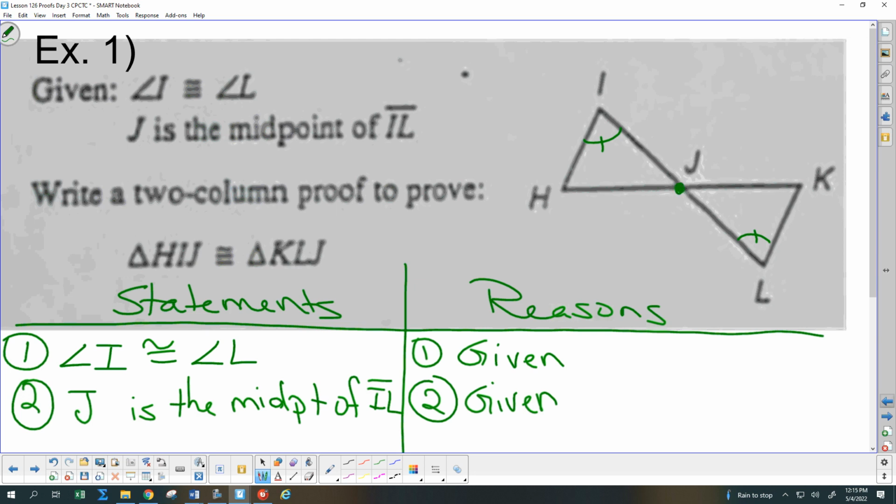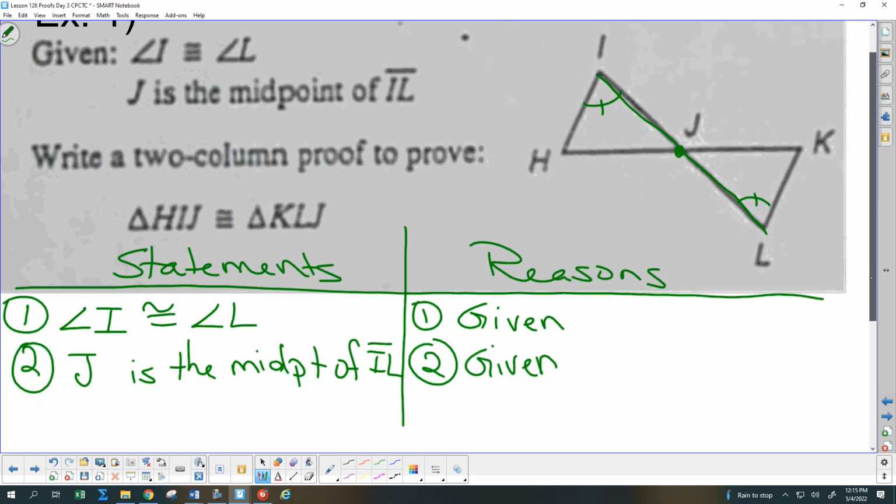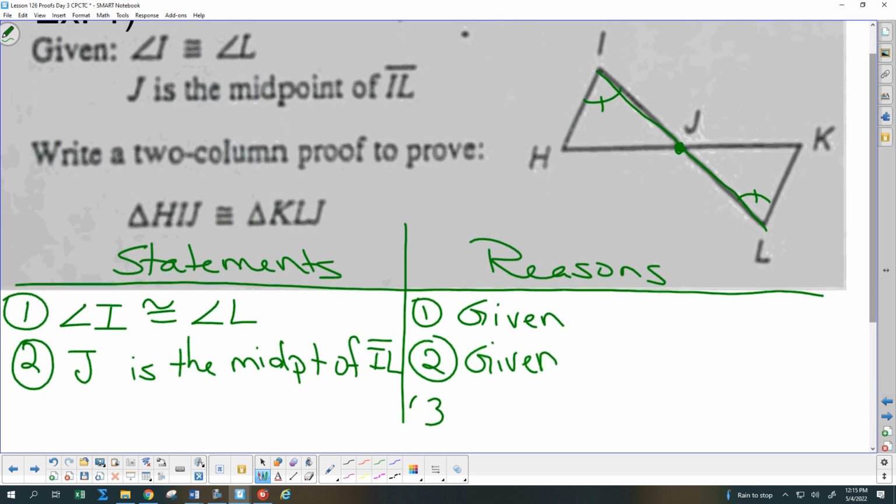J is the midpoint of IL. It does not say J is the midpoint of HK. It only says J is the midpoint between I and L. So if I want to use that definition of midpoint, since they must have given it to me for a reason,